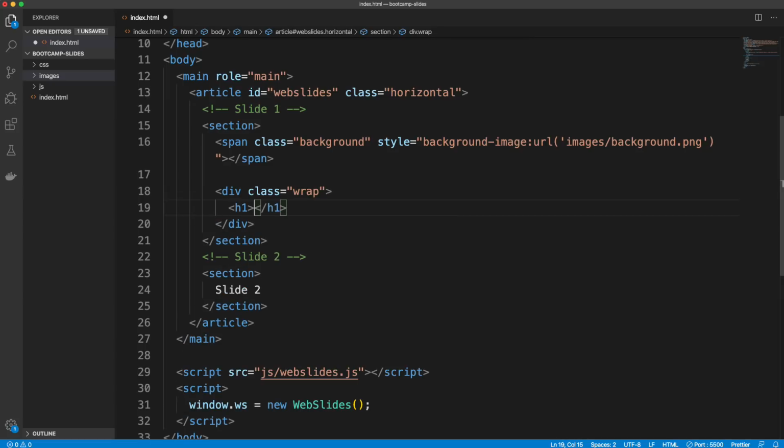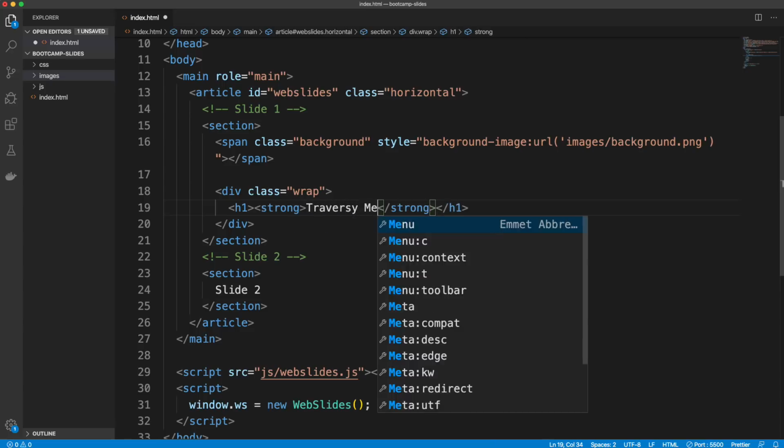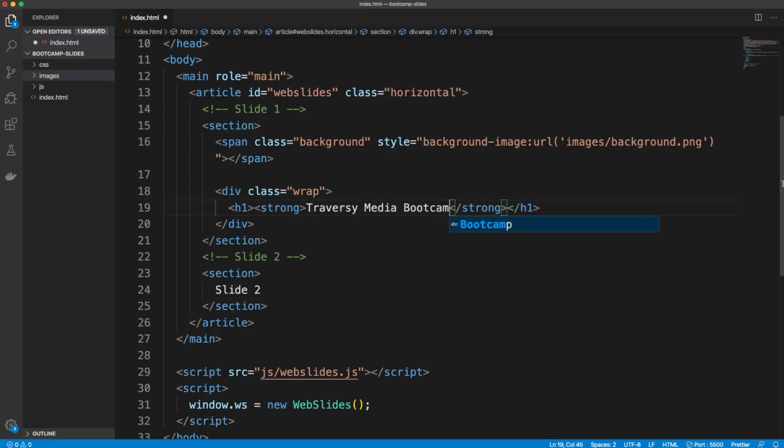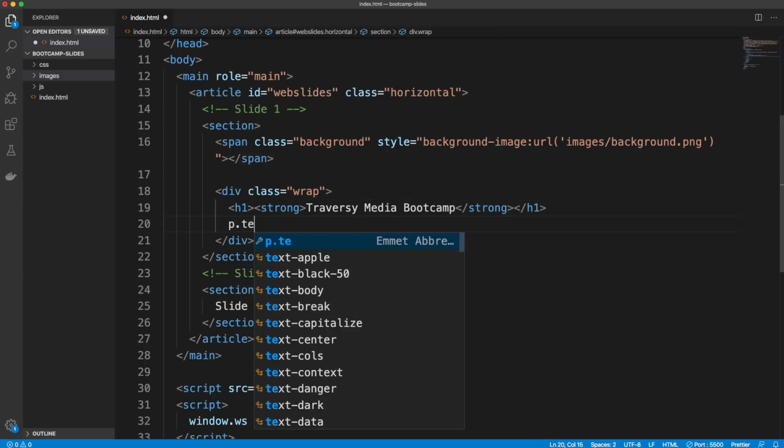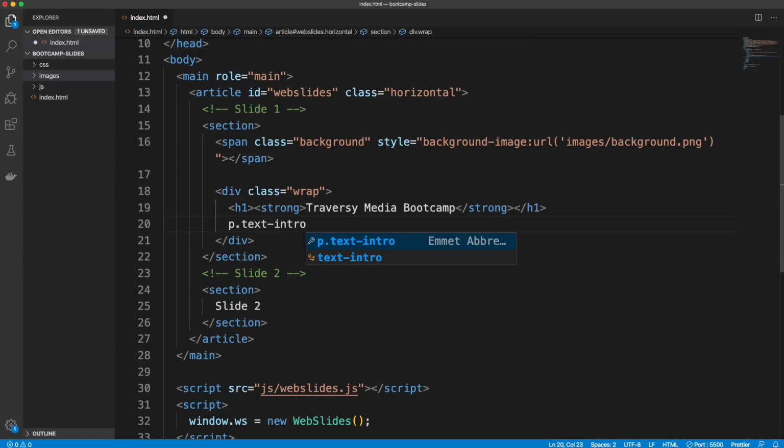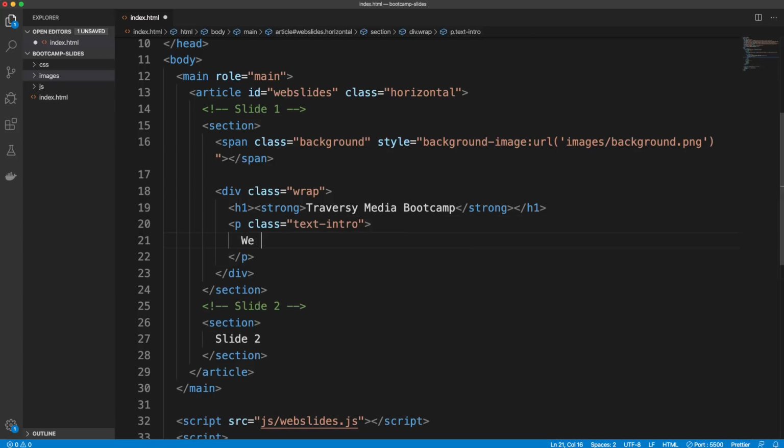And let's put in H1, and I'm also going to have some strong tags and just say Traversy Media Bootcamp. And then under that, I'm going to have a paragraph with the class of text intro, which I believe just gives it larger text, but not as big as the header. So let's say we make learning web development easy, and then